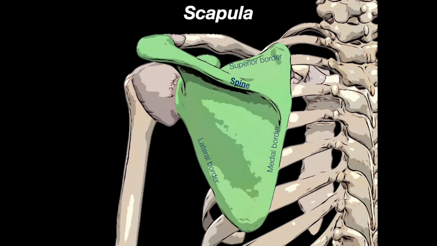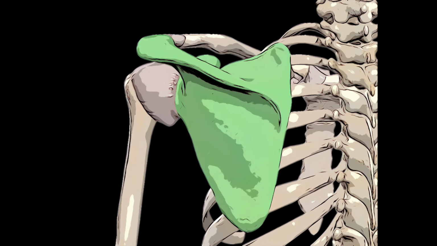The spine of the scapula is the triangular-like projection located on the dorsal surface of the bone. It is continuous laterally with the acromion. The crest of the spine of the scapula is also easily palpable throughout. The neck of the scapula is the constricted superolateral part of the bone. It projects out to the glenoid cavity, which then articulates with the head of the humerus, forming the shoulder or